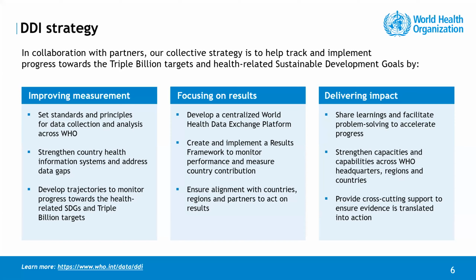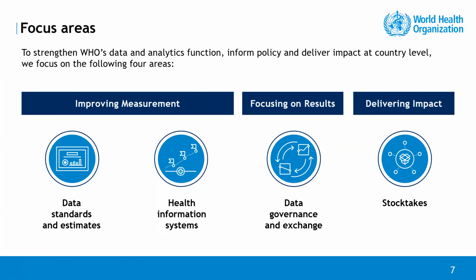There are 3 main strategies. Number 1 is to see how we can better measure to support the monitoring of progress, how we're going to support the country to focus on the best way to prioritize to reach the results, and how we're going to measure the impact, how we're going to support in terms of building capacity, in terms of coordination, getting the governance side right, and getting all the concerned parties to work together so that the country will achieve the targets that contribute to the 1 billion or triple billions.